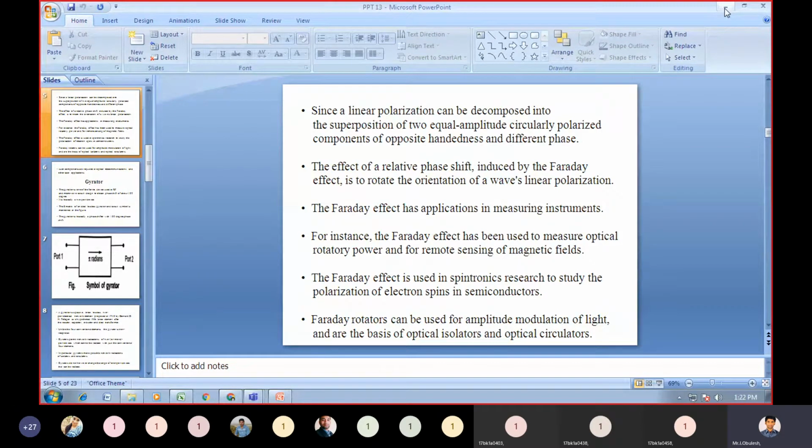The Faraday effect has application in measuring instruments. For instance,